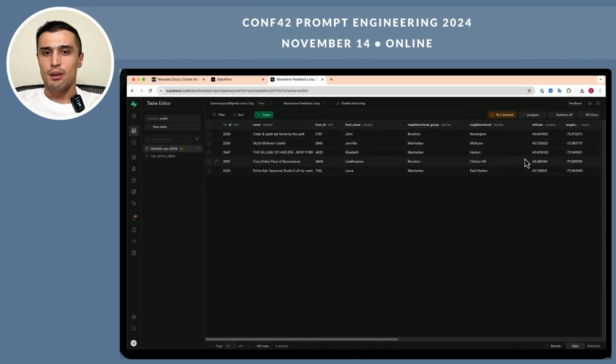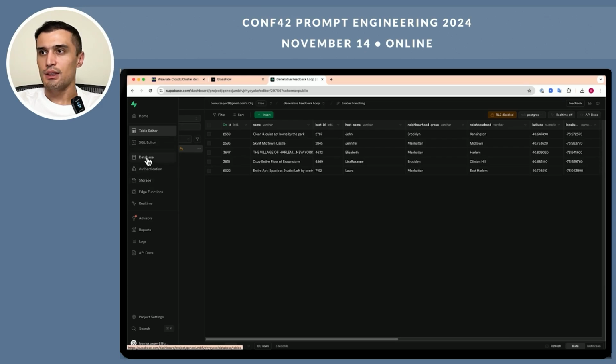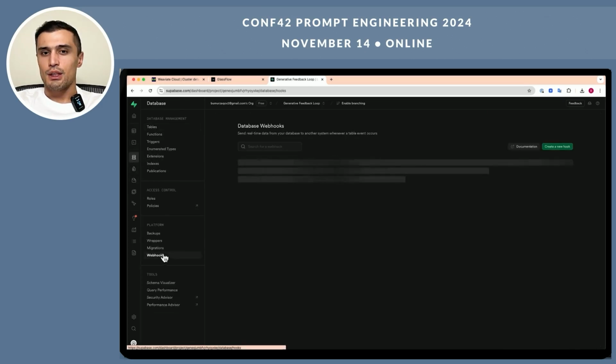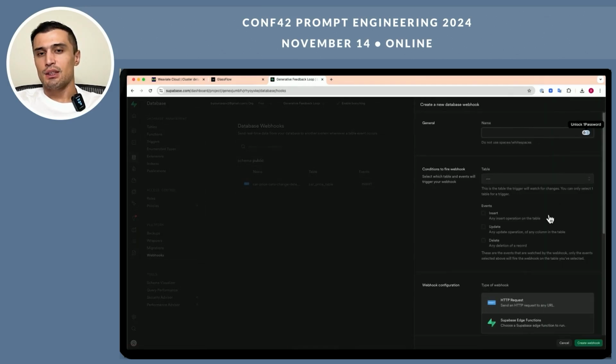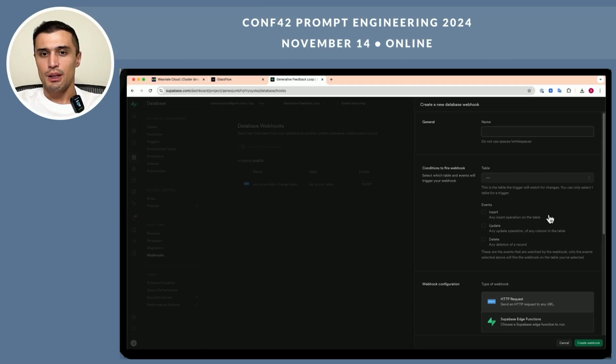As you can see, I now have existing sample data, 5 listings in place, to give you an understanding of how the data looks. And I will create a webhook trigger on Supabase, because Supabase triggers the Glassflow pipeline using a webhook. Let's create our webhook. I can give it any name. In my case, maybe Airbnb listing or Airbnb data change capture, because it detects the changes and sends them to the